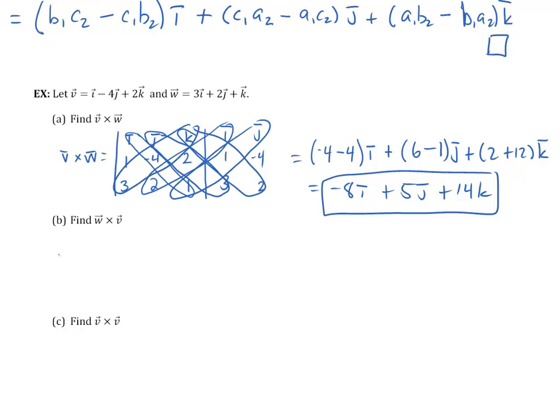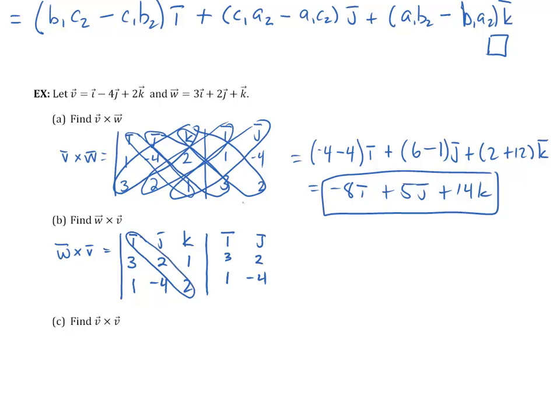What happens if I do w cross v? What's the difference if I switch the order that I'm multiplying by? Well, it's certainly different in the formula because I have to do i, j, k. I have to put the first vector on the second row. So I have to put a 3, a 2, and a 1 here. And I have to put a 1, a negative 4, and a 2 on bottom. All right, so let's see what happens. If I do i, 3, 1, and j, 2, negative 4, the forward diagonal is with the i here, and the back diagonal with the i is here. I end up with, for my i, 2 times 2 is 4, minus a negative 4, which makes it plus